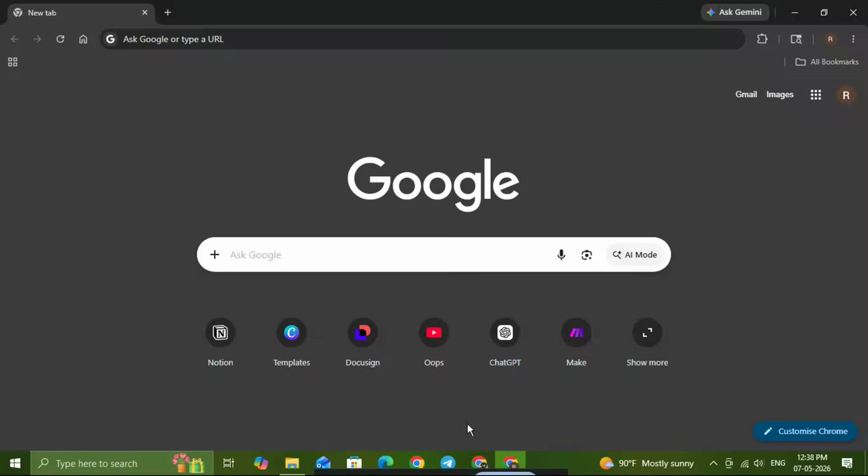If Chrome keeps showing Yahoo search when you want Google, don't worry. In this video, I'll show you exactly how to fix it in just a few quick steps. This is a simple browser setting change, and once you do it, Chrome will start using Google as your default